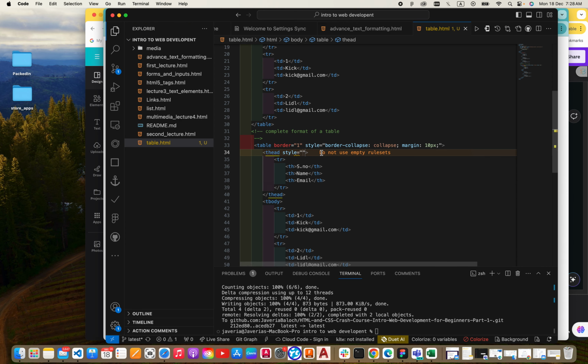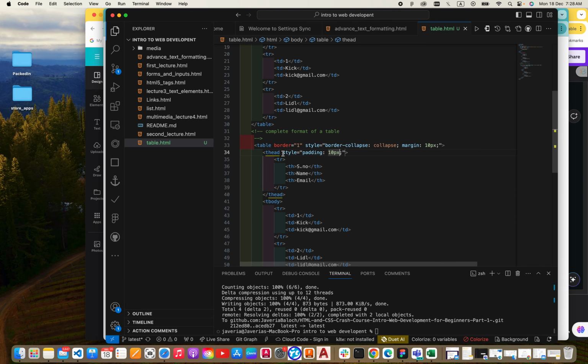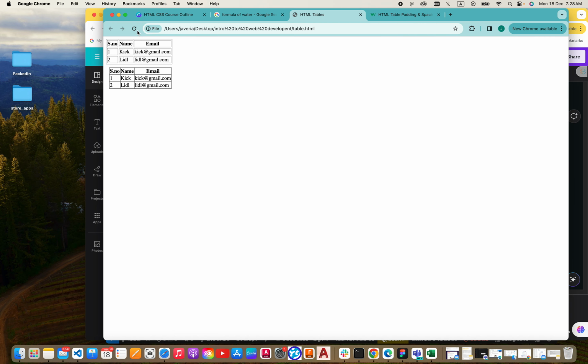So now what I will do, I will show you something like padding, and padding is a property that provides internal distance. Yeah, you can see nothing happens. Why? Because padding doesn't work here. It actually also doesn't work in the tr or the tbody. It only works in the td and th. So here it is, and I'm going to refresh it. You can see now the distance,